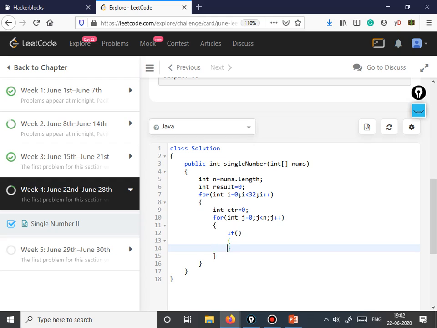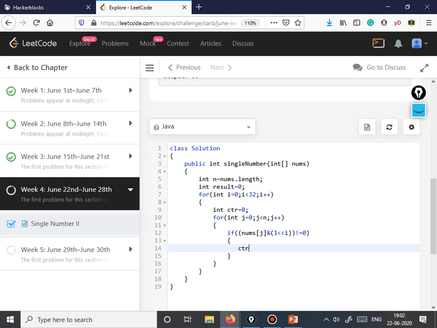then we would check whether the particular ith bit is set in nums of j. So nums of j and 1 left shifted by ith bit, I mean left shifted I times, and this should not be equal to 0, because if this becomes 0, which means that the ith bit is not set.